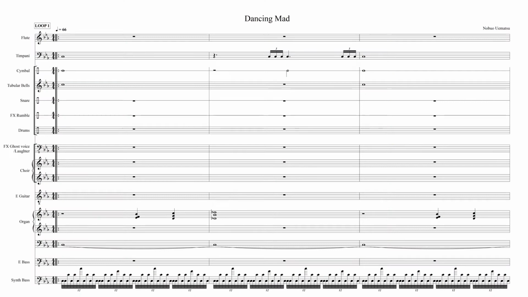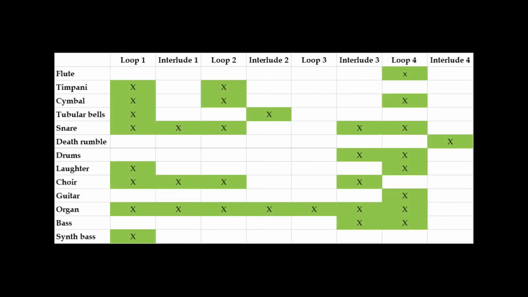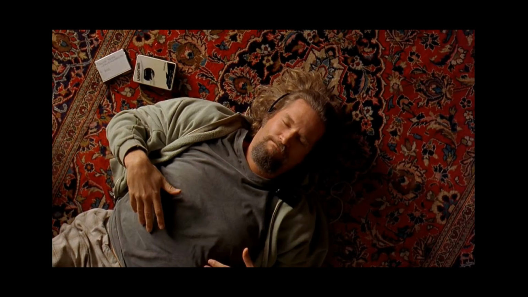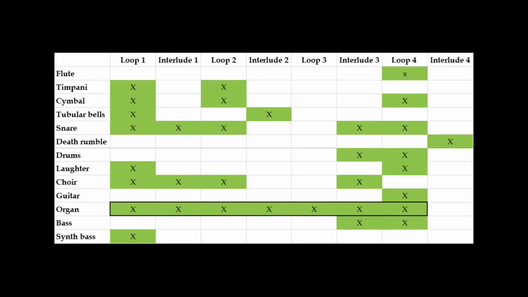Having a look at the first page of the score, we can notice that there are quite a number of instruments. And yeah, if you are watching this on a mobile phone, you might miss out on a few small details due to screen size, but I think you will still get the main picture. But while there are plenty of instruments, there are a couple of common sounds throughout the whole piece that really tie it together. The organ goes like a red line through every movement, although with 3 different samples.